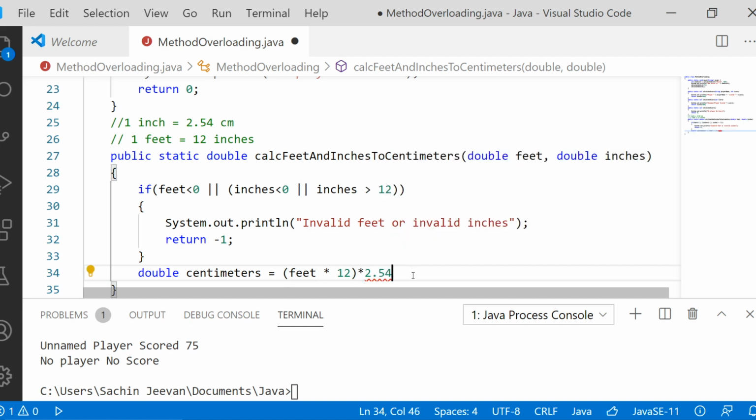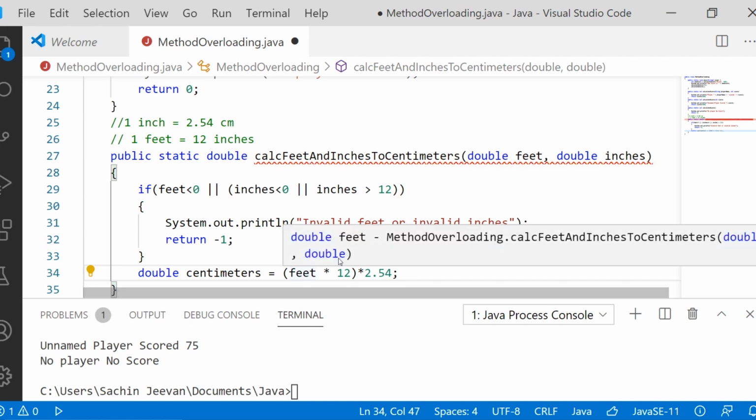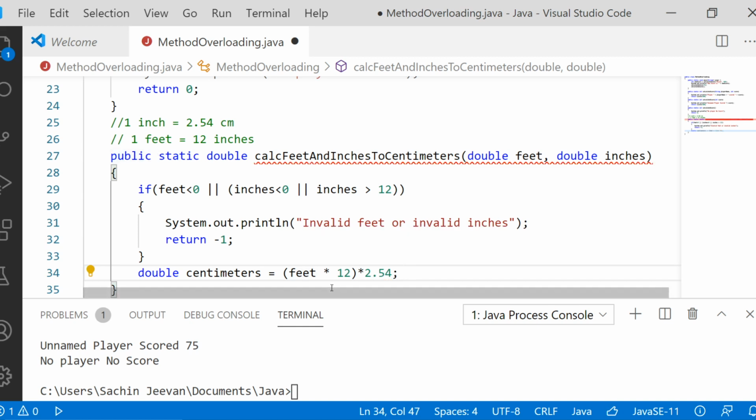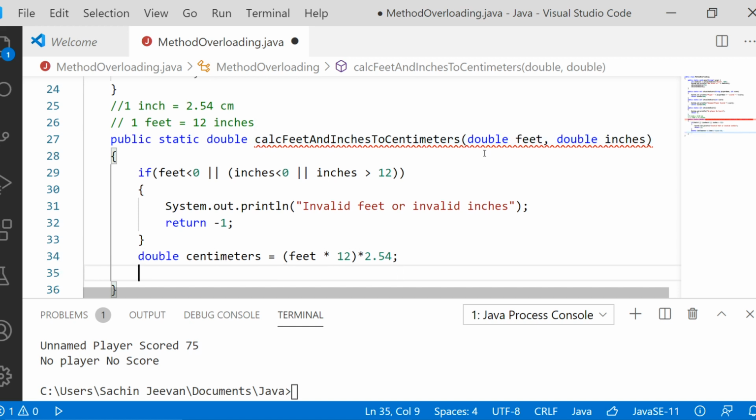So first of all, multiplying feet by 12 converts the entire feet into inches. Now if you multiply the inches with 2.54, the feet is directly converted to centimeters. Now how to convert inches to centimeters?